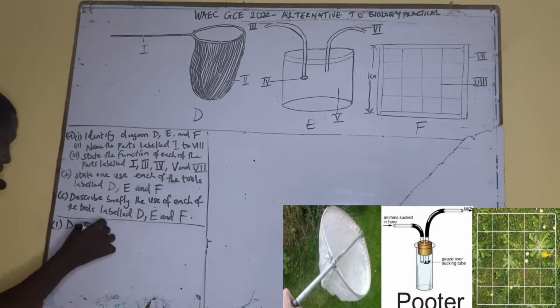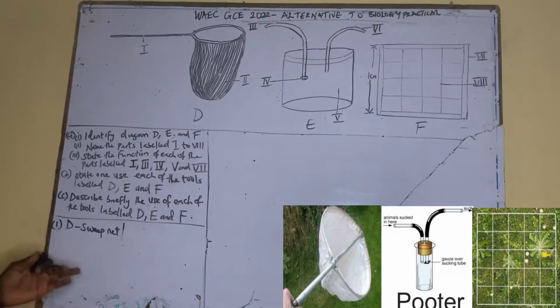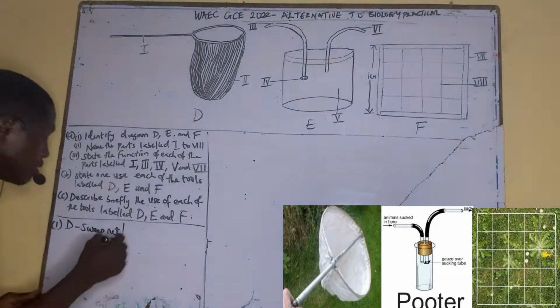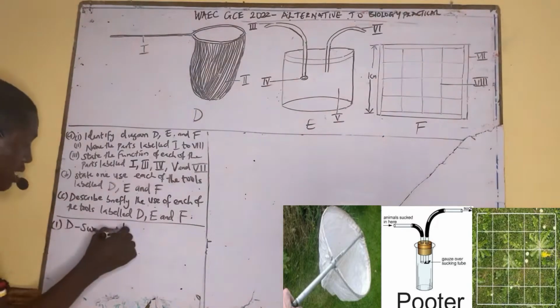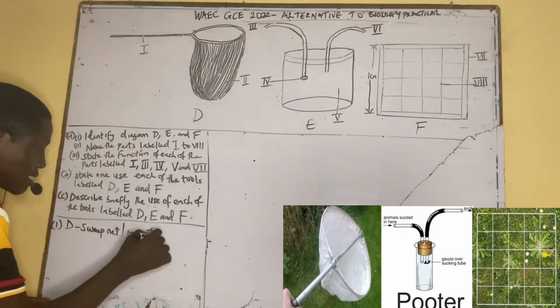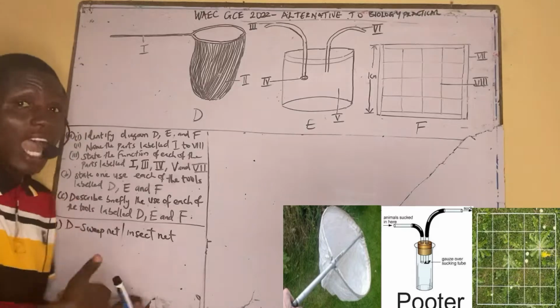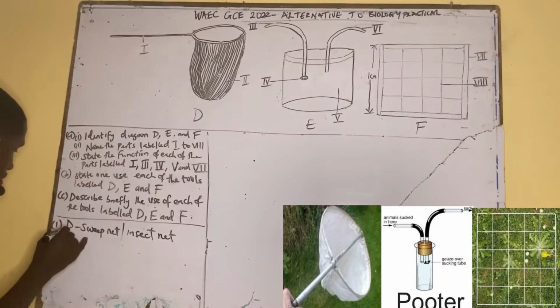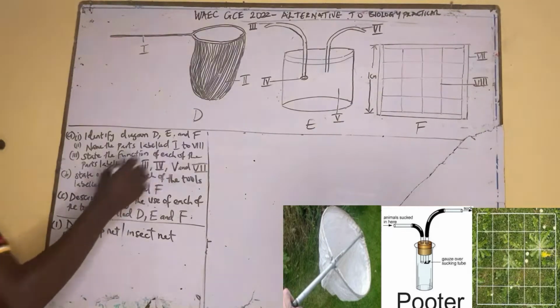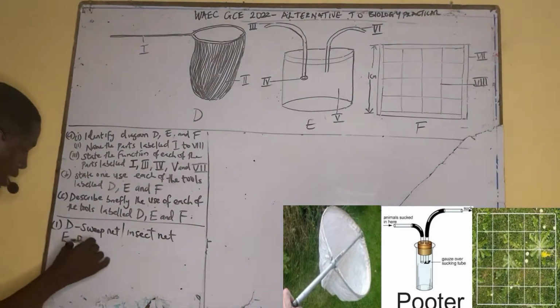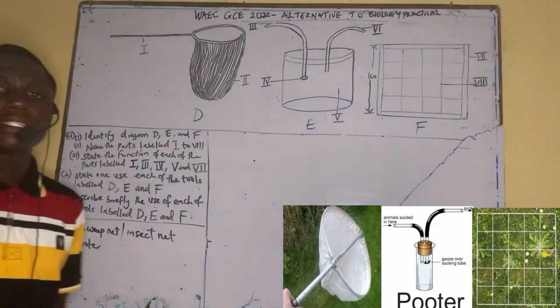The sweep net is usually used to collect insect organisms. So we also define it as an insect net. We can call it sweep net, insect net, or ant net. Also we have E. E is known as the putter. The putter is used to collect